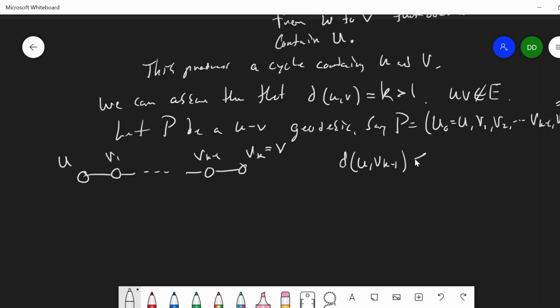Right, this is strictly less than k, less than or equal to k minus 1, which is less than k. I can certainly say that. Otherwise, the distance from U to V would not be, or otherwise this would not be a UV geodesic. So since this is a pair of vertices of distance less than the distance between U and V, this is the distance from U to V, we can say by assumption